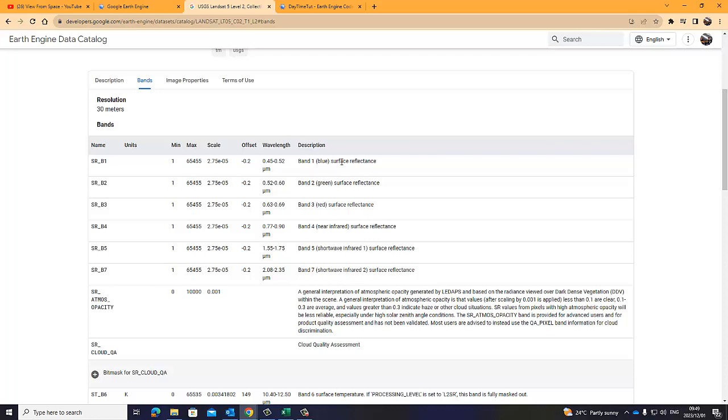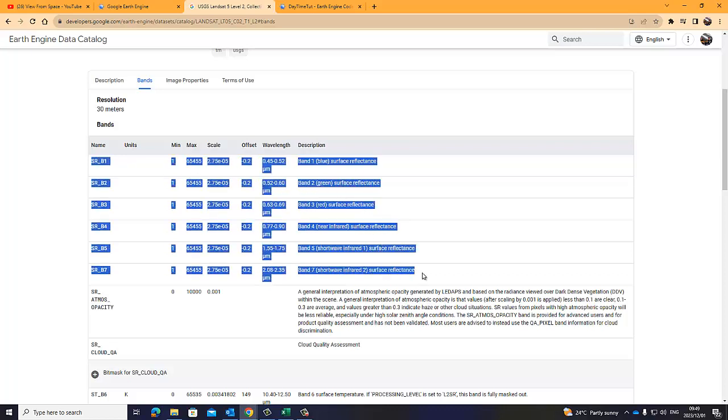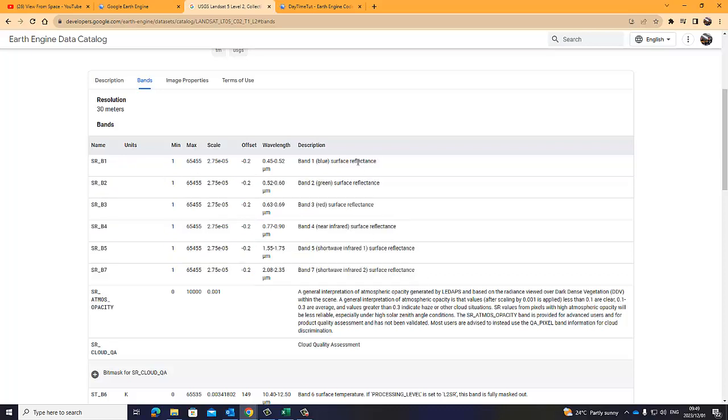Now, I'm not going to go through the reflectance itself, that you'll have to read a little bit about these bands and what does it mean when it says blue surface reflectance. But basically, it collects the reflectance from the surface and it presents those images. But anyway, so that's a little bit of self-study, self-reading that you have to do. So we're going to work within these